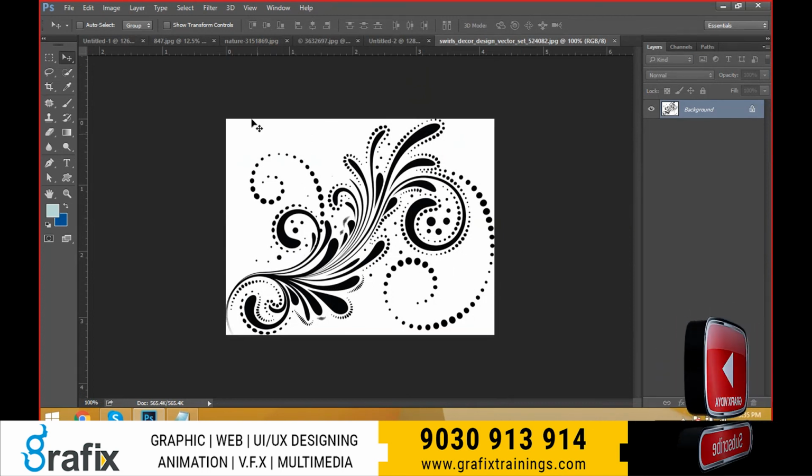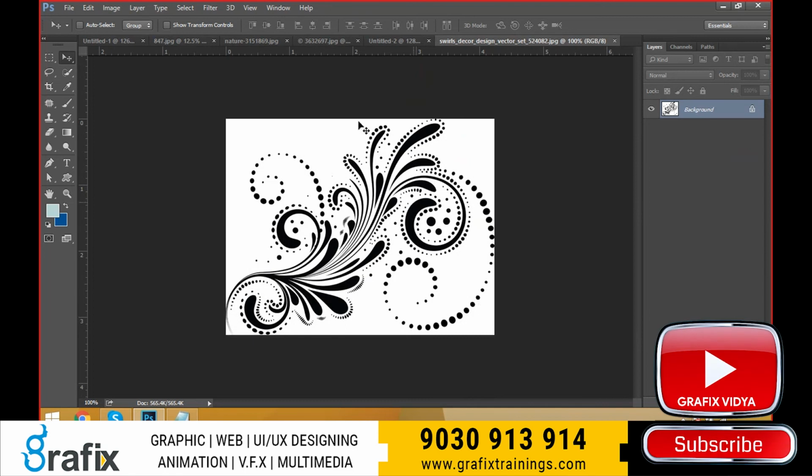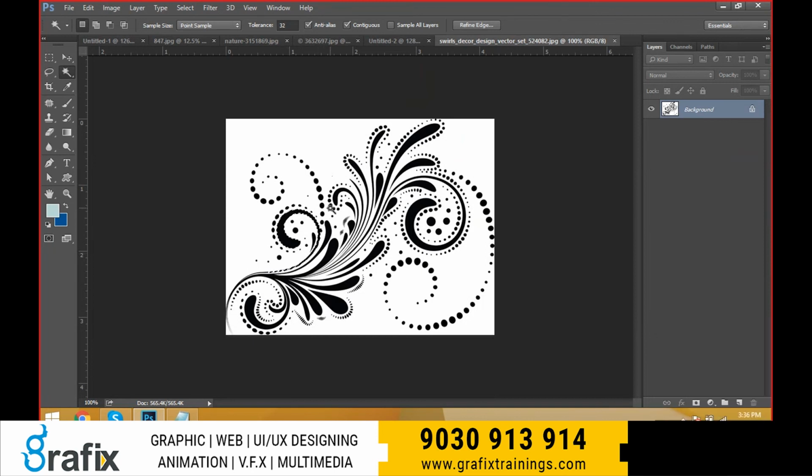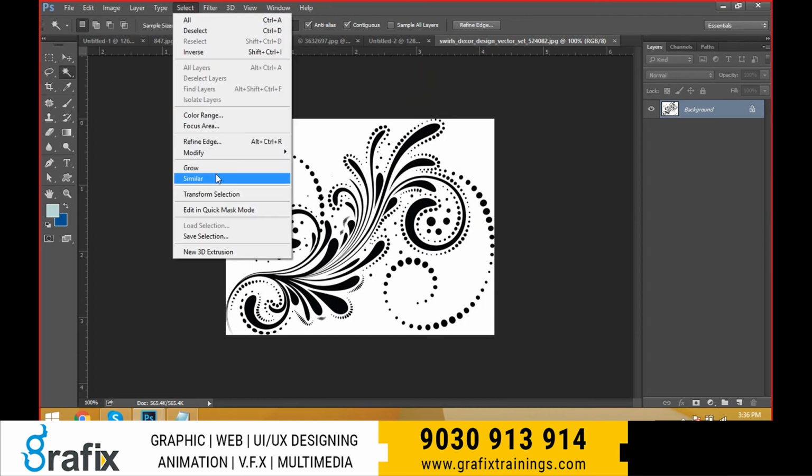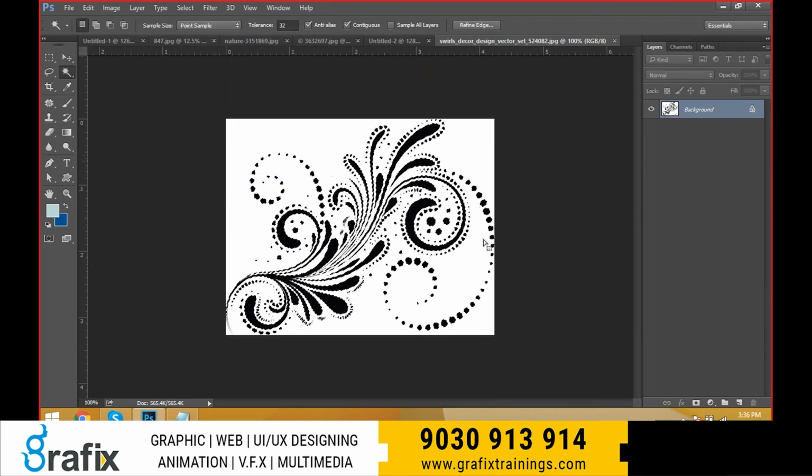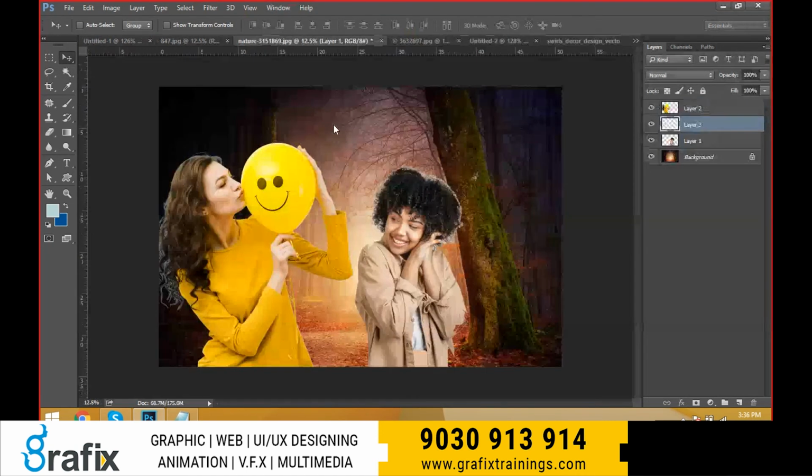How can we get this black color, this flower design? Take a magic wand tool. You can select one color only, or otherwise you can take any one color like this. Then go to the select menu, similar. Then automatically the similar colors we have get selected, and now we can drag it into another document. Now you can transform it,